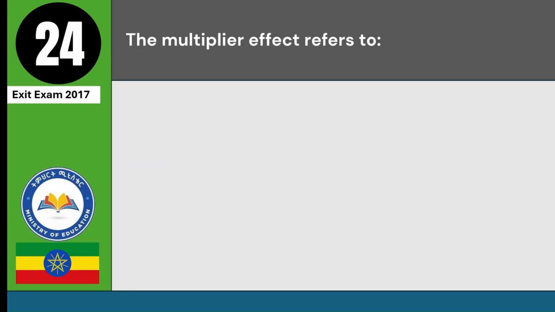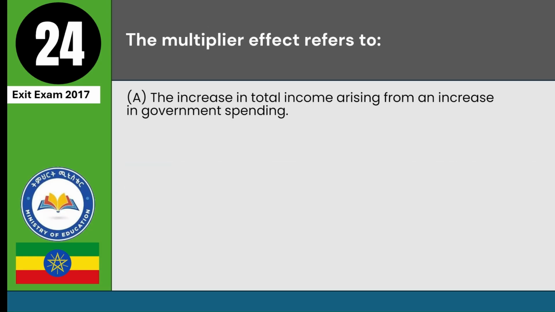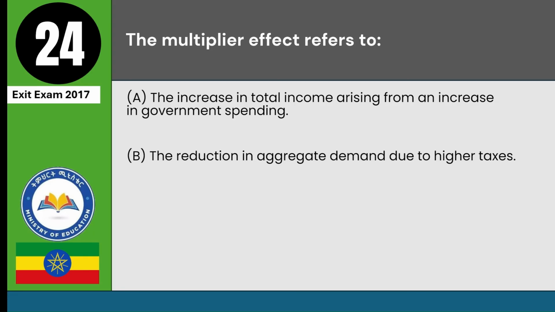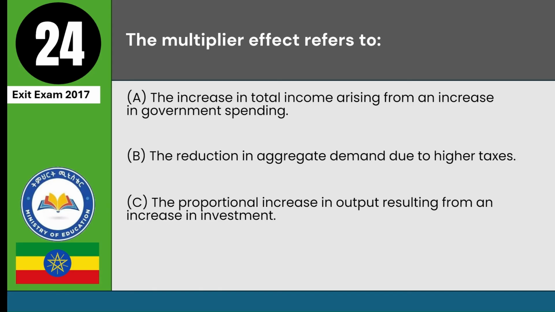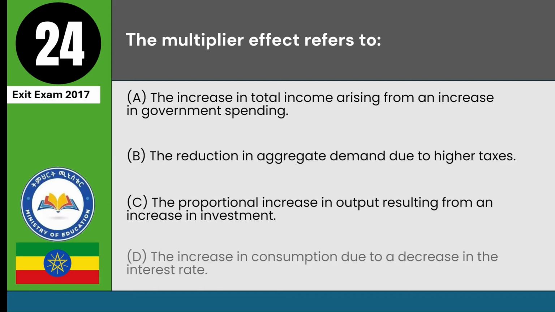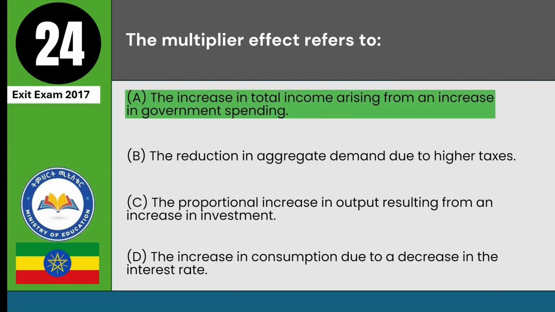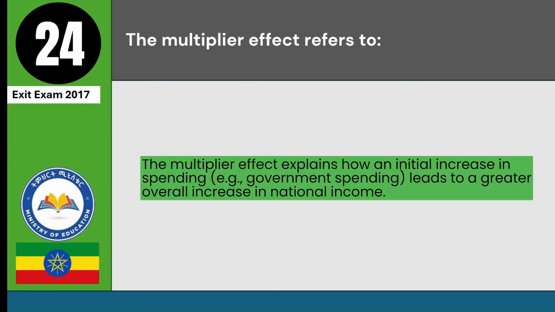The multiplier effect refers to A. The increase in total income arising from an increase in government spending. B. The reduction in aggregate demand due to higher taxes. C. The proportional increase in output resulting from an increase in investment. D. The increase in consumption due to a decrease in the interest rate. Answer: A. The multiplier effect explains how an initial increase in spending, for example, government spending, leads to a greater overall